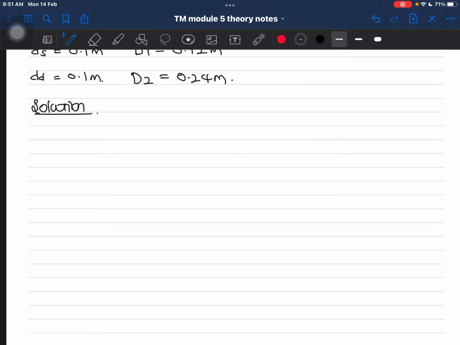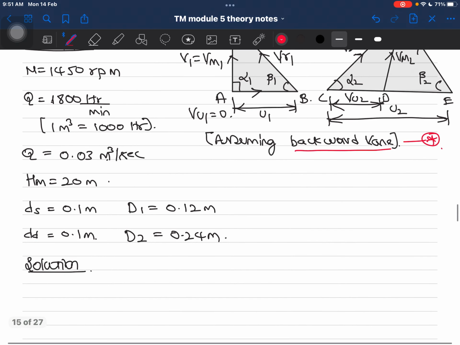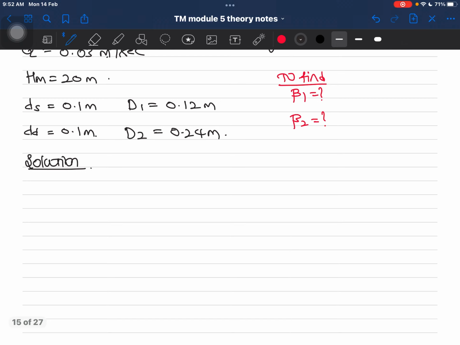First of all, what is asked in the problem? Determine the blade angles beta 1 and beta 2. So we need to find beta 1 and beta 2 in this particular problem. We shall try to find those. From the inlet velocity triangle,